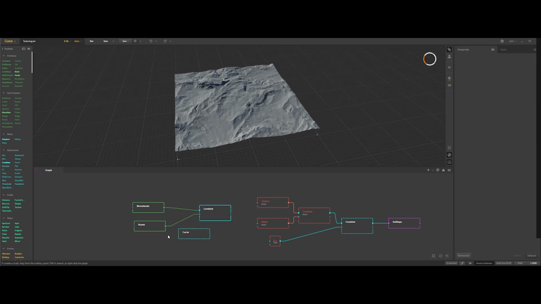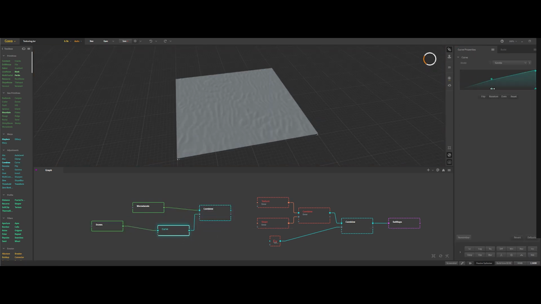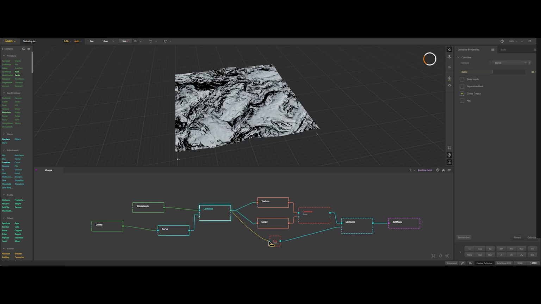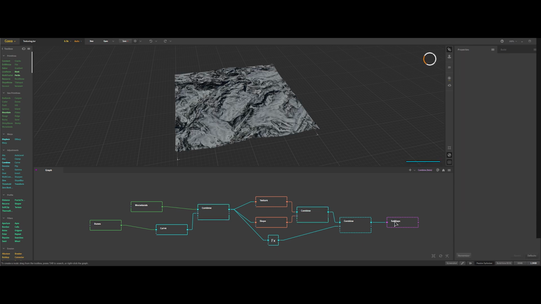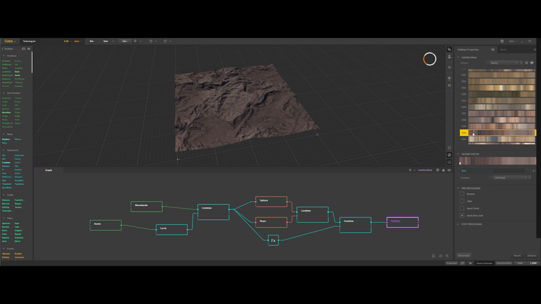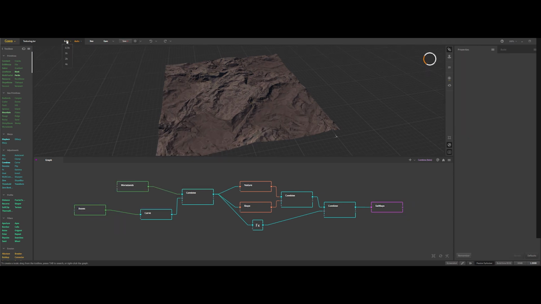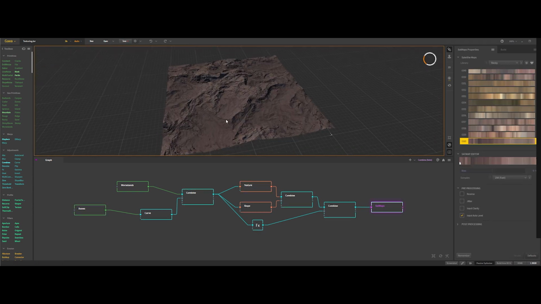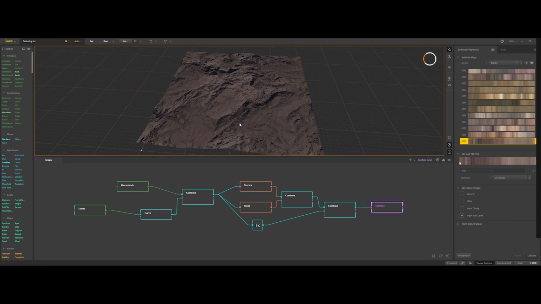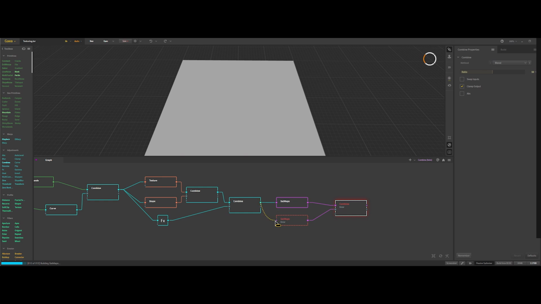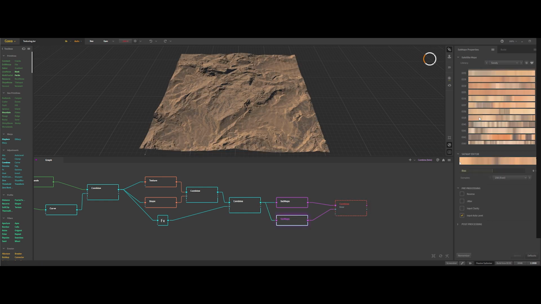Adjust the dunes with a curves node to make them sharper. Next, connect everything to the texture, slope, and FX nodes to complete the setup. Now, head to the SatMap settings and choose a gradient that fits your terrain. For high-resolution preview, switch to 2K or above. Gaia will rebuild the textures, so give it a moment. It's worth the wait. Want the dunes to stand out with a unique texture? Duplicate the SatMap node, connect it to the Combine node, and pick a sandy gradient for that area.